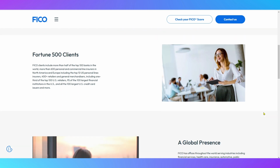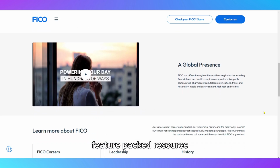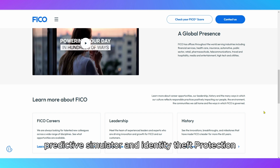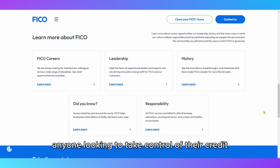to improve it. In conclusion, the FICO Credit Score Tool is a reliable, feature-packed resource for managing and improving your credit score. With its detailed reports, predictive simulator, and identity theft protection, it's perfect for anyone looking to take control